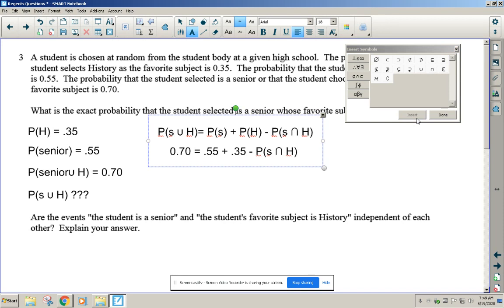So I got to do the math on this. I'm going to move my minus to the other side to make it positive. Probability of senior and history. And if I add up the 0.55 and the 0.35, I have 0.90. I'm going to now subtract my 0.70 from both sides. And here my overlap